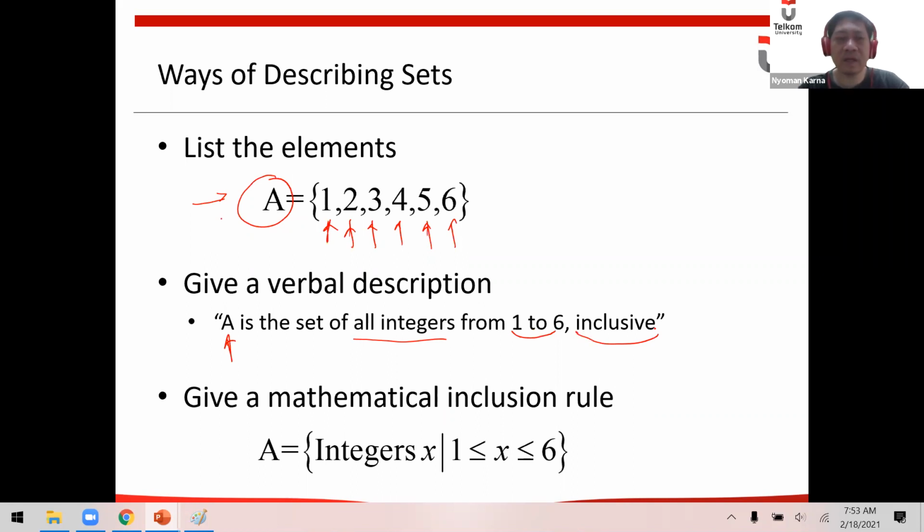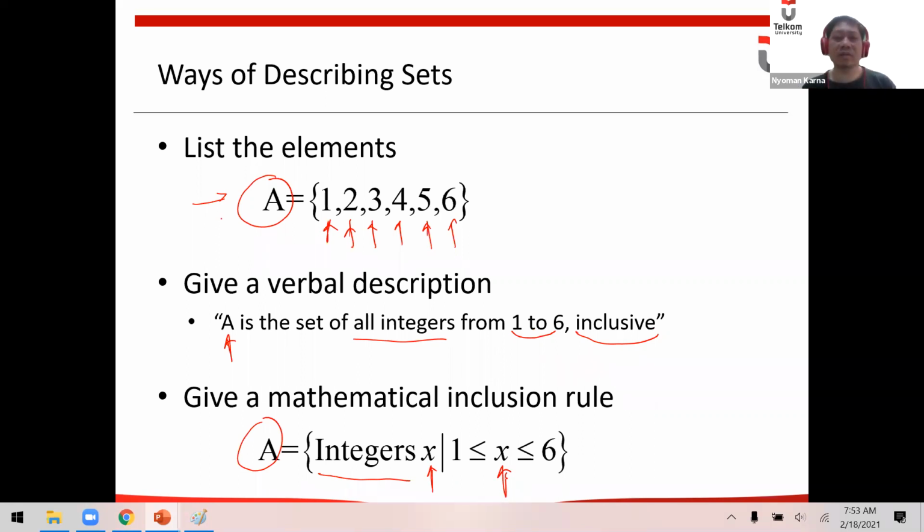Or the third way to describe a set is by giving a mathematical rule. For example, like this. A is a set of integers where the member is called x and x is from 1 to 6.